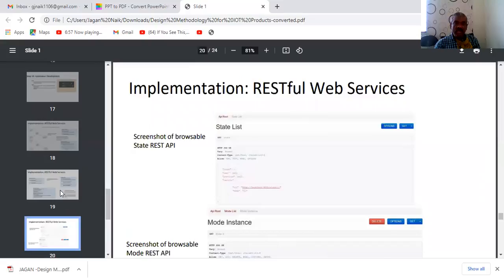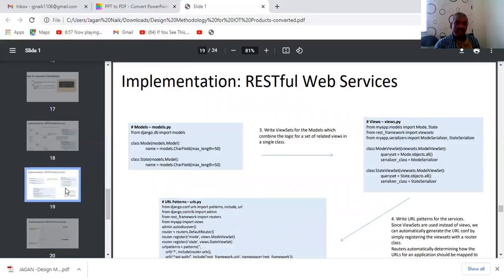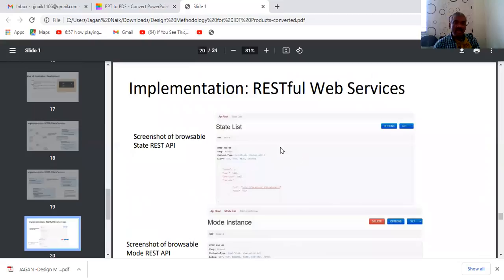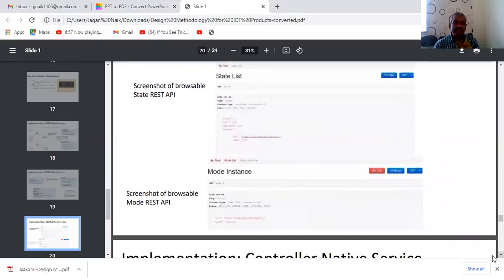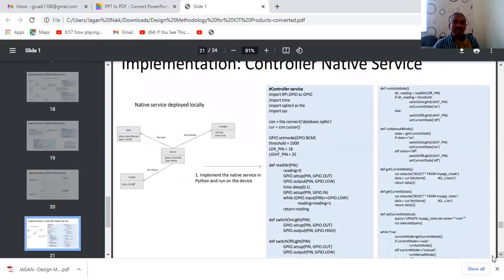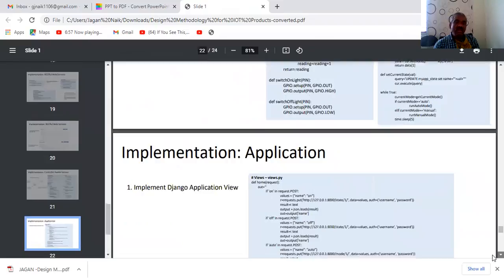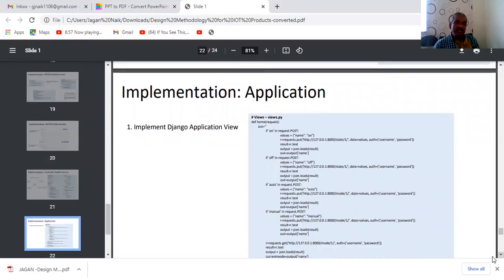It can be handled by various kinds of URL addresses. The entire system is going to be smoothly done. And this is called the implementation of RESTful web services. And this is the implementation of the control service, and it is the implementation application.